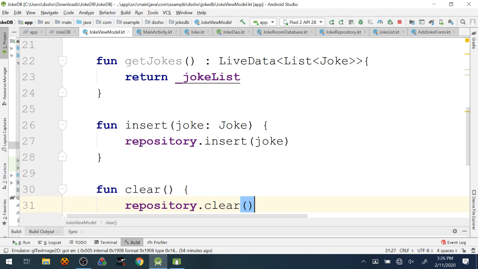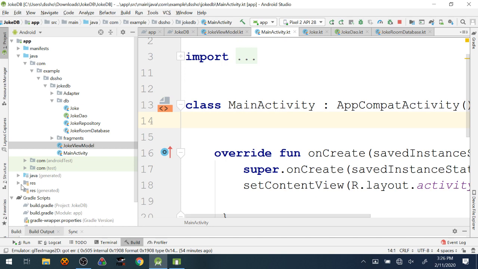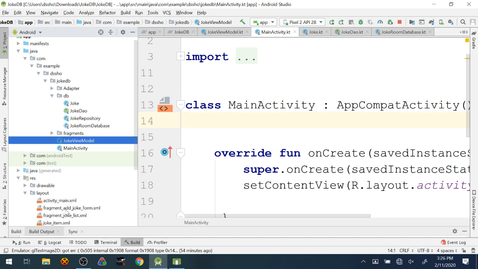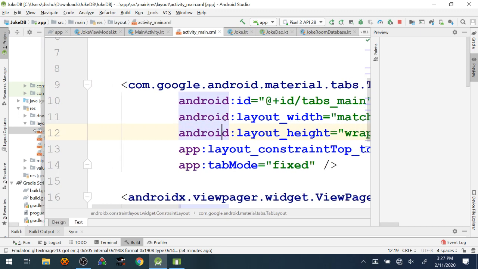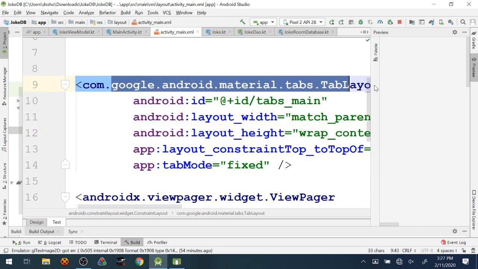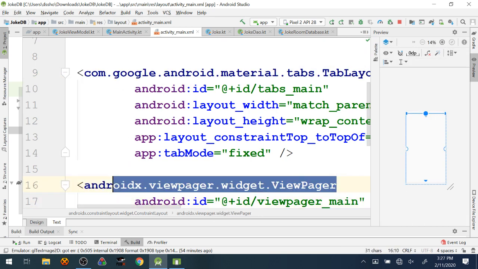And so in the main activity, if we take a look at the layout for this real quick, we can see I've included a tab layout and a view pager. So a tab layout is what displays a single tab's worth of information. The view pager is what displays that little thing at the top that lets me select which tab I currently want to have displayed on the screen. That's the role of those two things.